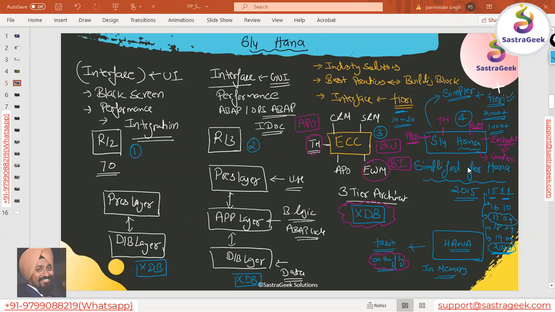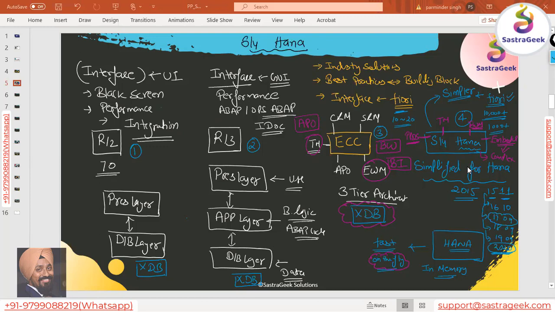Okay, SAP does one thing to confuse people with different terminologies. Earlier it was called the core interface, CIF. Now they have used the terminology native interface. Native interface means that to do the basic interface between these two applications, Ariba or EWM can be an outside application, TM can also be an outside application. To integrate these two different systems, you need not do any special coding. There is an integrated solution. There are APIs available, so you can install and run those APIs to connect these two different systems.